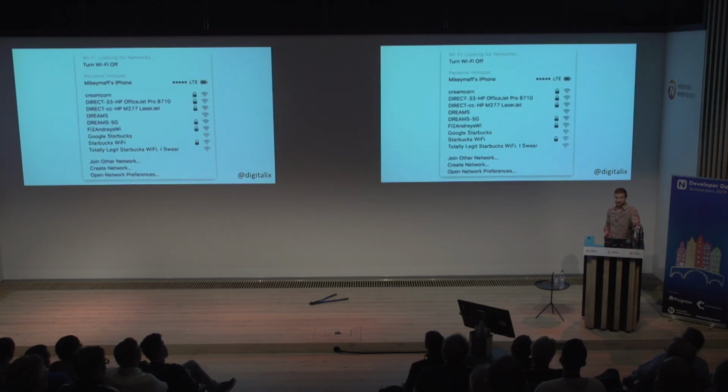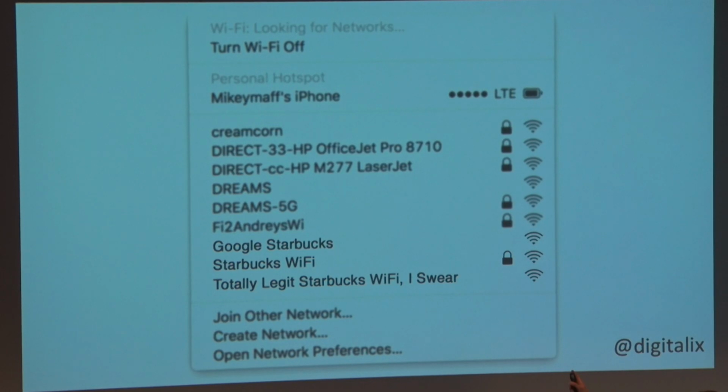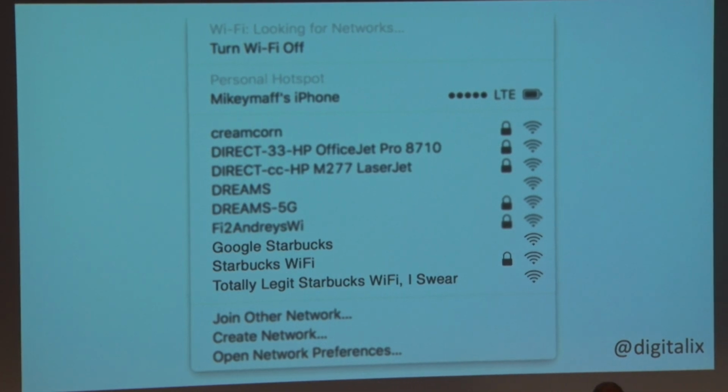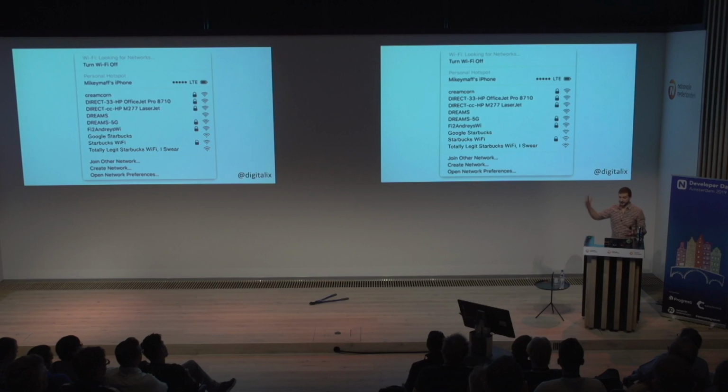So let's say you connected to Starbucks in the past, right? Google Starbucks, Google Wi-Fi, Starbucks. Your phone remembers that you've connected to it and keeps it in your memory. And when you're not at Starbucks, your phone is constantly sending out messages everywhere saying, is Starbucks here? Is Starbucks here? Is Starbucks here? And one day somebody will respond saying, yes, here I am, I'm Starbucks, but you're not at